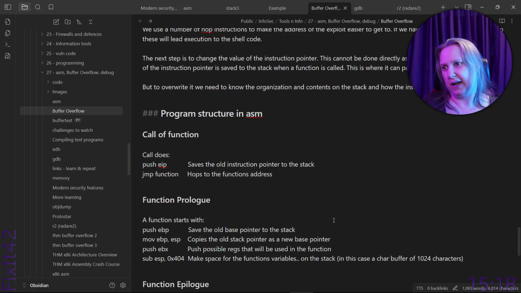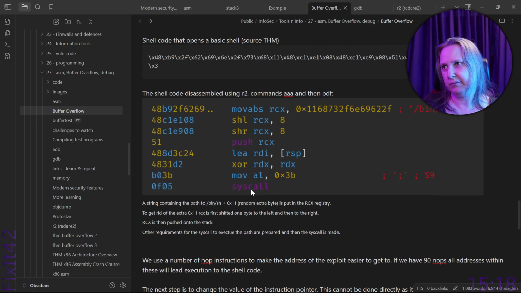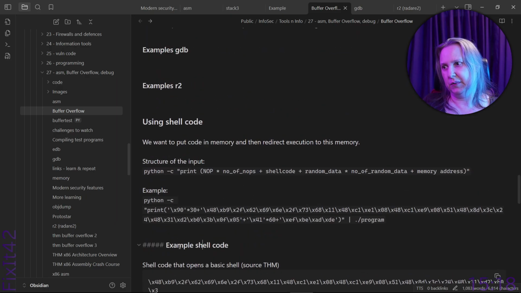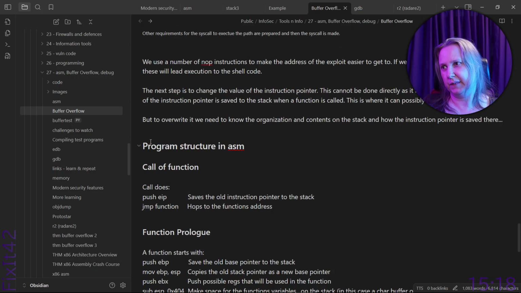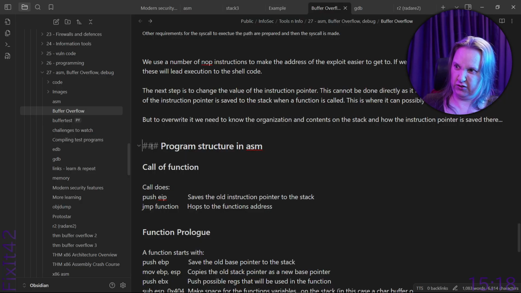Program structure in ASM. But right now it is a level 4 header instead. So we need to